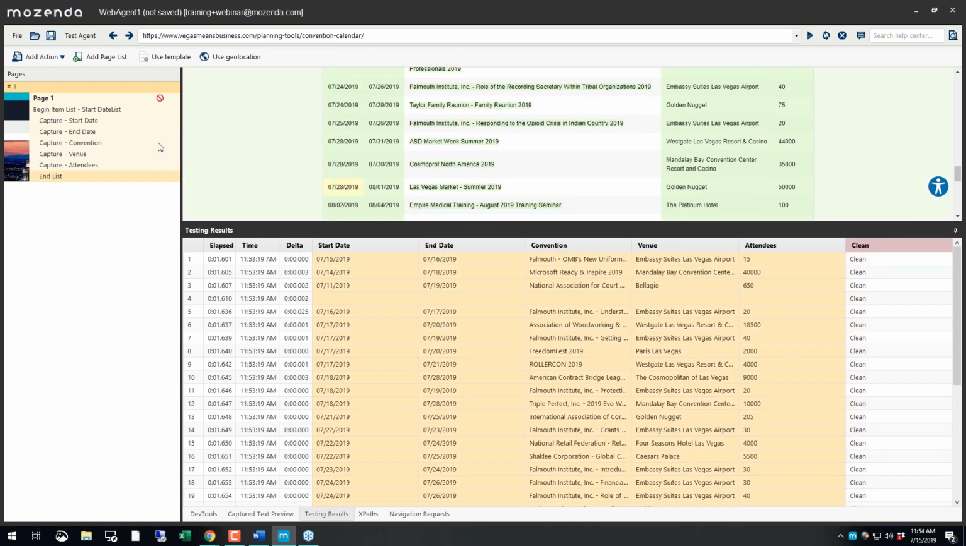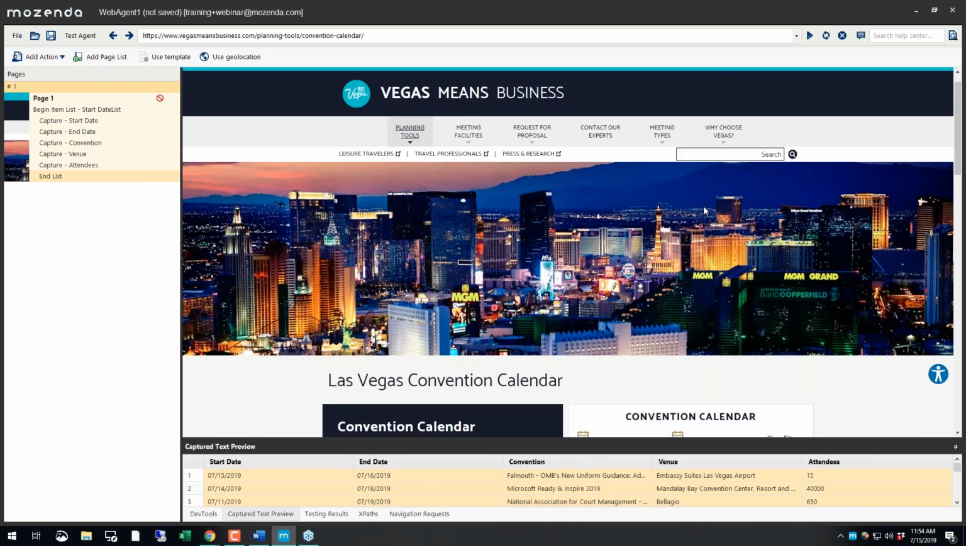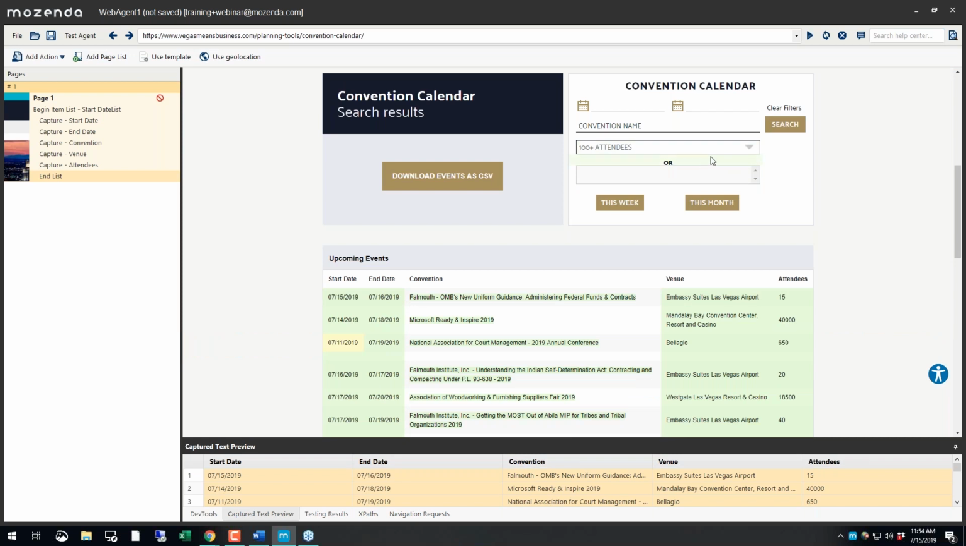Okay, so now we have our basic agent. I'm going to see if there's any pagination so far. And it looks like it's good. And we're going to